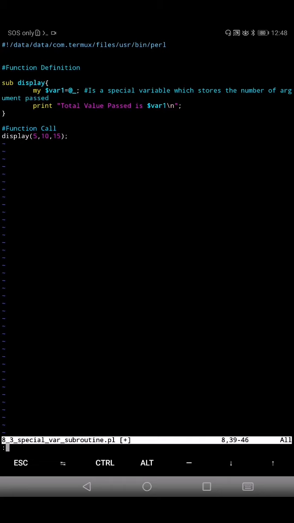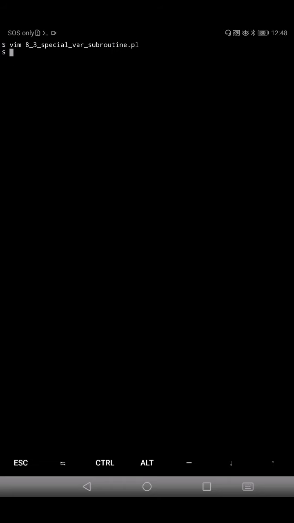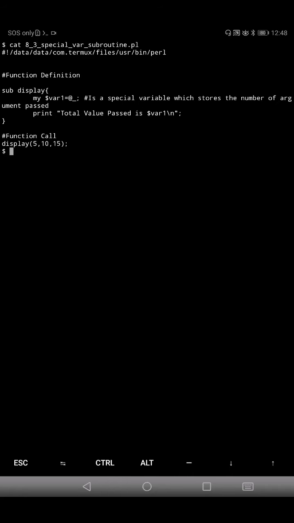Okay, let's run this program. So this is the program, and this is the output. You can see that total value pass is 3.